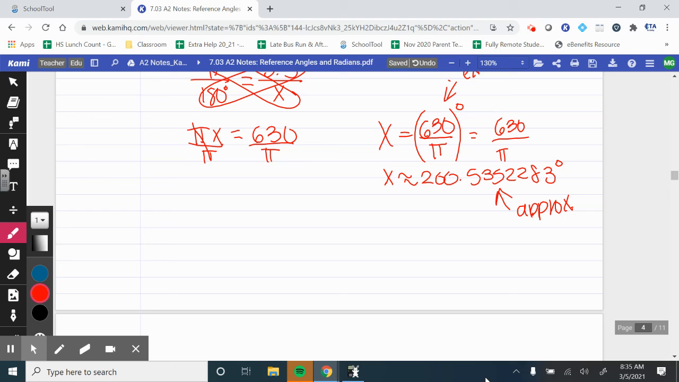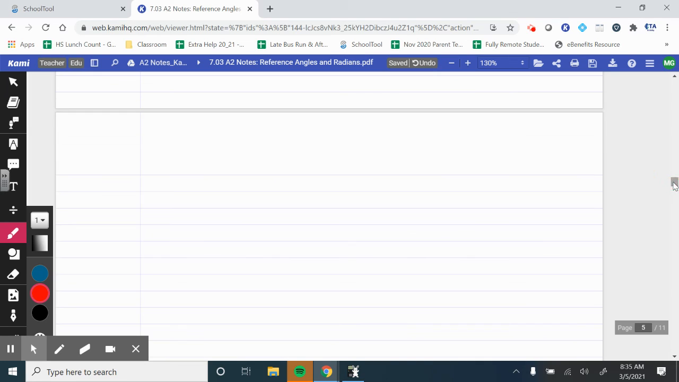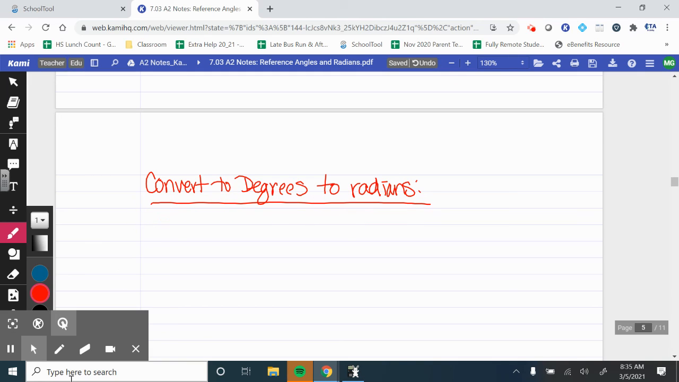Okay, now let's go the other direction. So now let's go from degrees to radians. So we use that same proportion to go either direction, unless you're given a pi in radians and you're converting it to degrees, then you can just sub in your 180 in for pi. So convert from degrees to radians. So convert 90 degrees